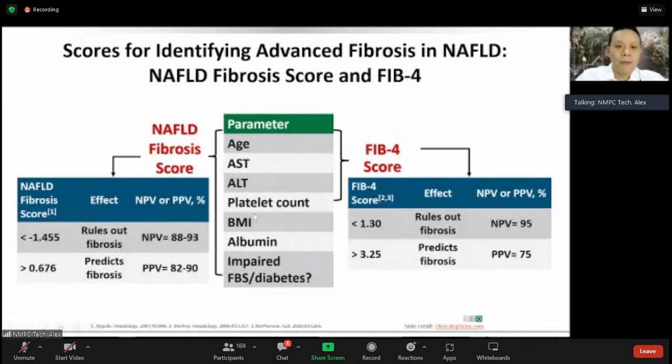While for the NAFLD fibrosis score, you just add the BMI, albumin, and whether the patient has diabetes or not. And the good thing about this is that right there in your clinic, you can download an app that can compute the risk of fibrosis for you. Of course, there are other ways of computing for the liver fibrosis non-invasively, and that will be your FibroScan, where